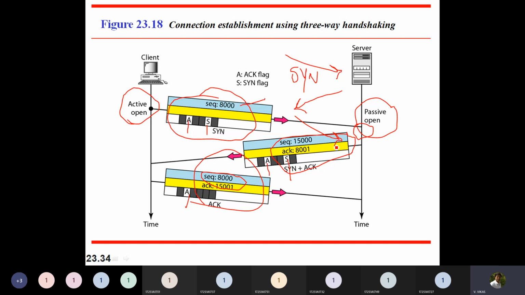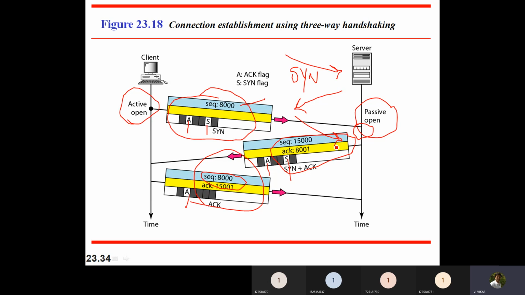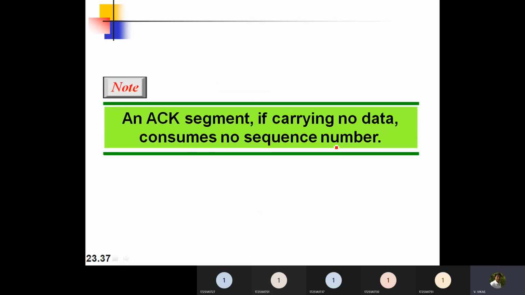Again, client is sending information to server, because if this SYN plus ACK message is not delivered to the client, then I won't get acknowledgement. In that case, again I can send that SYN plus ACK, right? If I only have two-way handshake, because the client is not available, I am not getting response, or because the packet is lost in the middle, I am not getting the response, we won't be having any clarity. That is the reason we do have this three-way handshake mechanism.